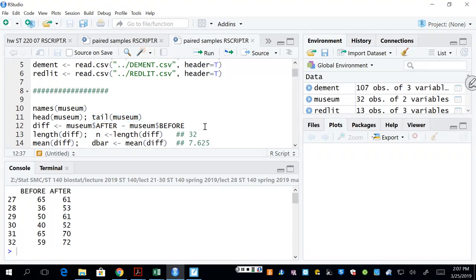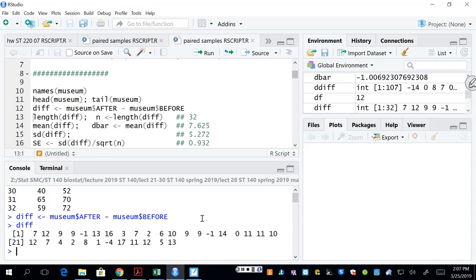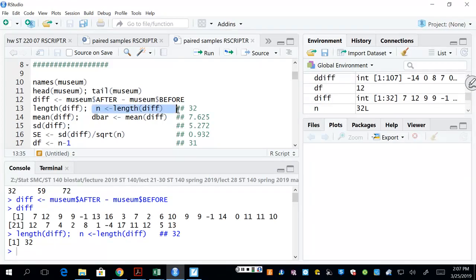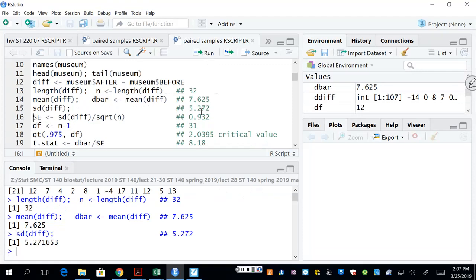To do the t-test procedures in R, we're going to take the difference of those. Right? Now, this difference is all these 32 differences that are there. There's 32. I'm going to assign, putting these little semicolons there allows me to put two commands on one line. That's not necessary. That's just, for the handout, it reduces space, so it saves paper. Right? The average of those is 7.625. I'm going to save it as d-bar, that little bar over the d. The standard deviation of those is 5.272, so the standard error is